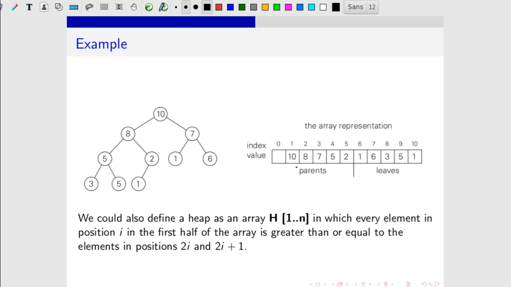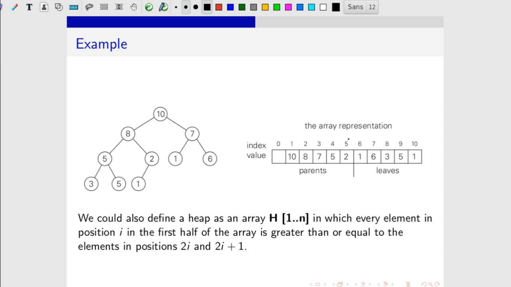So, the root is at index 1. Then the children of a particular index i will be at index 2 times i and 2 times i plus 1. So, the children of index 1 will be at 2 times 1, that is 2, and 2 times 1 plus 1, that is 3.